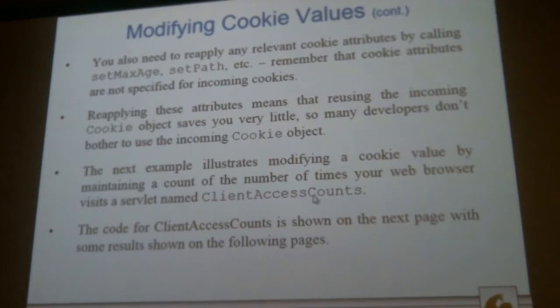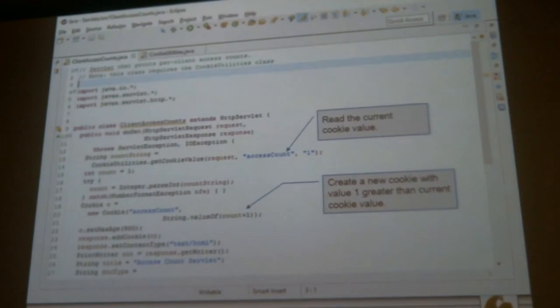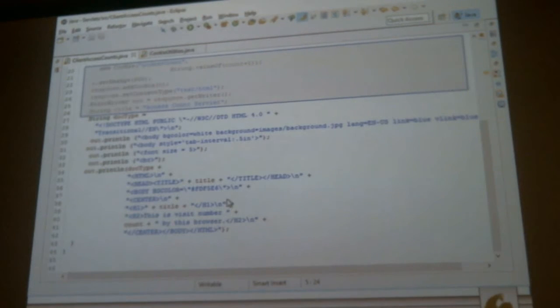But I gave you a little bit more of a feel for that with this new servlet called client access counts. And what I'm doing in this case is actually modifying the value of the number of times the client has come to the site. So I just put an integer counter in there. The main part here, of course, is that what you can see is I'm setting the value of the cookie, and then later on, when I deal with the cookie, I